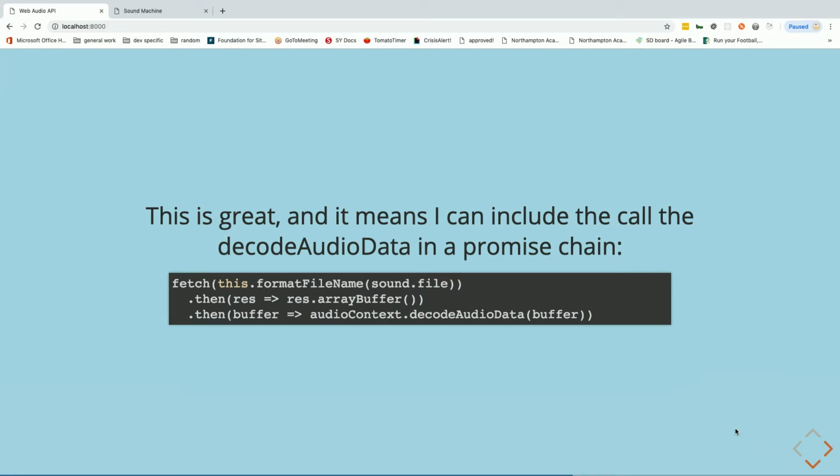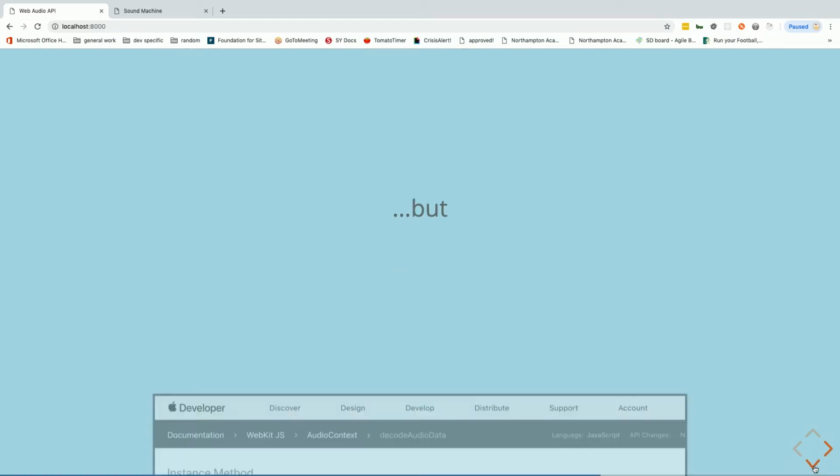So fetch the sound file that we want. Then with the response, run the array buffer method on the response and get the buffer back. And then we can run the decode audio data. Looks sweet, right? But